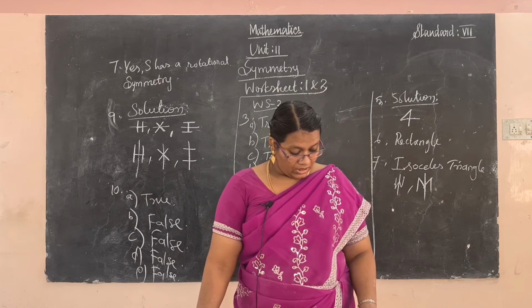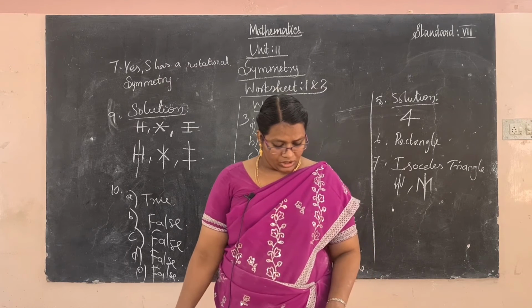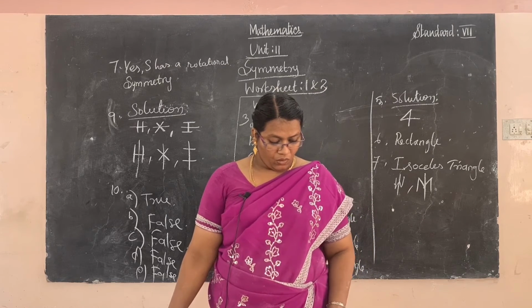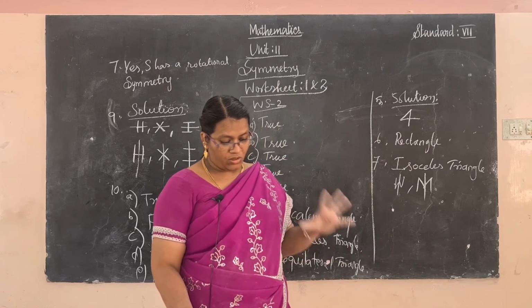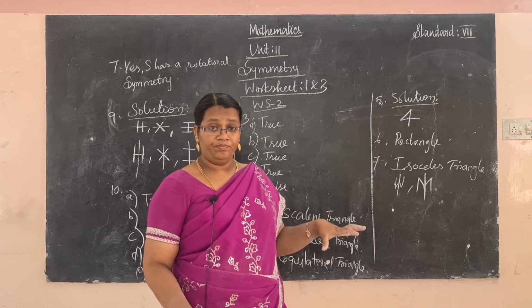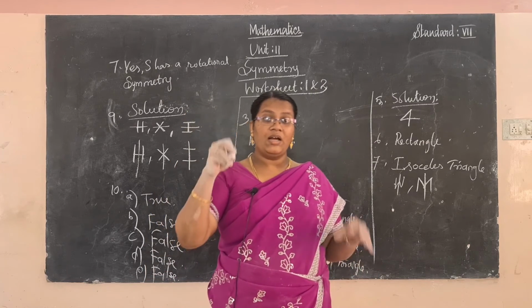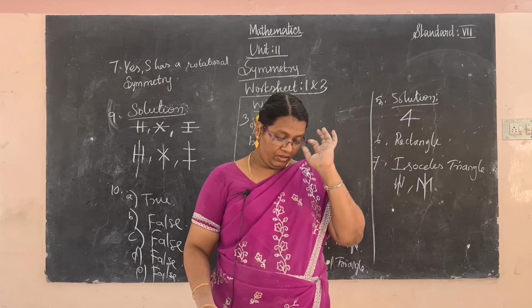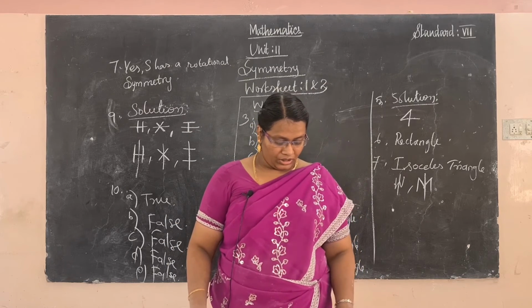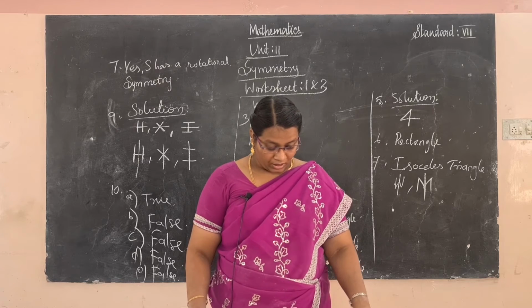Okay. And 8th one. Find the order of rotational symmetry for the following. So a star is given. So order of rotation is 5. You have to draw A, B, C like that, and after rotating one position, you write the order of rotation. So 8th one is homework. Okay.